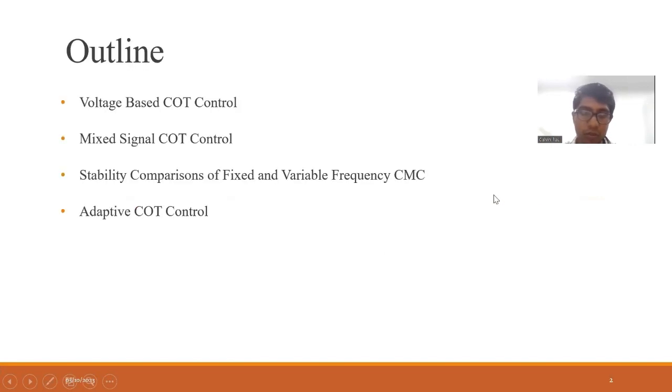So we'll begin. The outline for today is voltage based constant on time control. First, we will try to understand how we implement voltage based constant on time control. Then the FPGA implementation, the codes for each and every module. We will understand those codes, and also some hardware results which sir has demonstrated, we'll just see some images